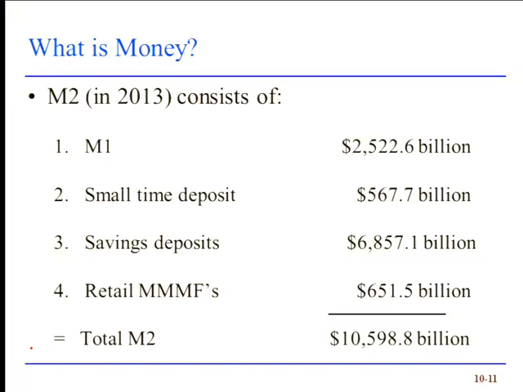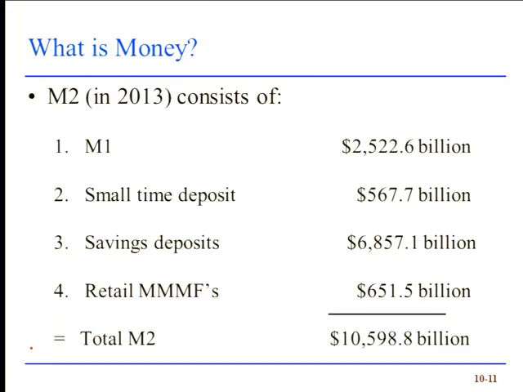So on a small time deposit, when you entered into the agreement with the bank, you said, I will leave my money here for 6 months or 1 year or 2 years or 3 years or 10 years. And because you're willing to leave it on deposit for a longer period of time, the bank is generally willing to pay you a higher interest rate. Savings deposits, yes, you can take your money out, but if you didn't read the fine print, you wouldn't know that the bank can actually require 7 days written notice before you take your money out. So notice that there are some restrictions on taking funds out of these types of accounts.